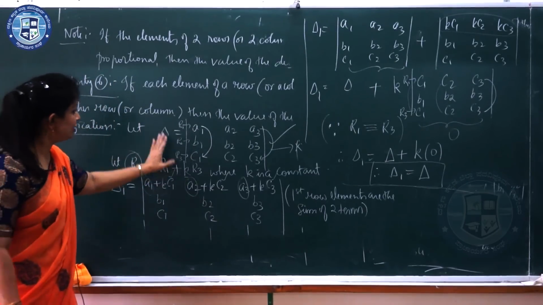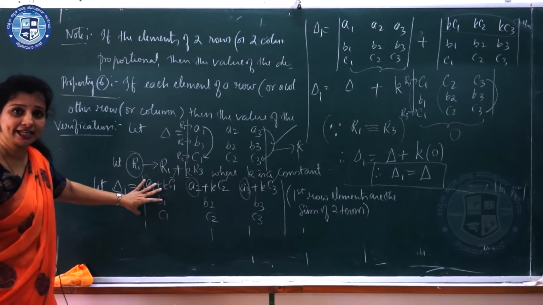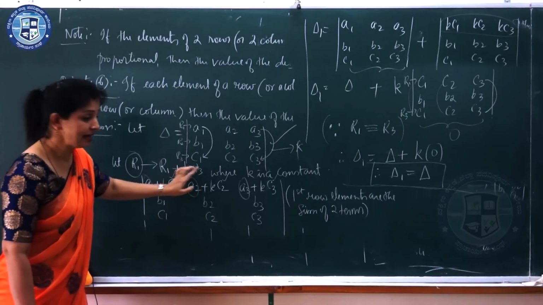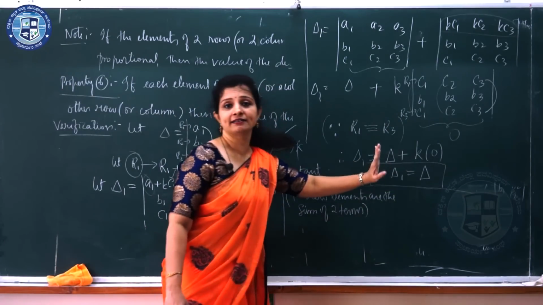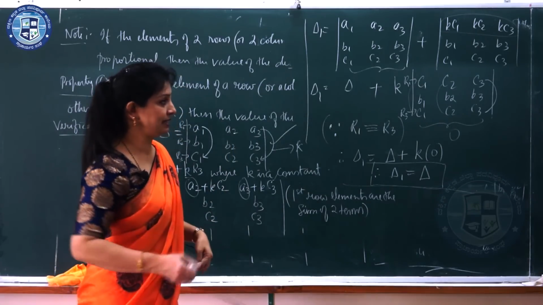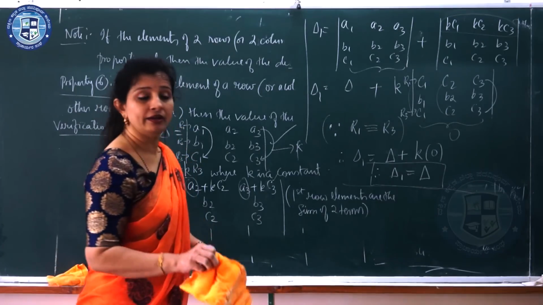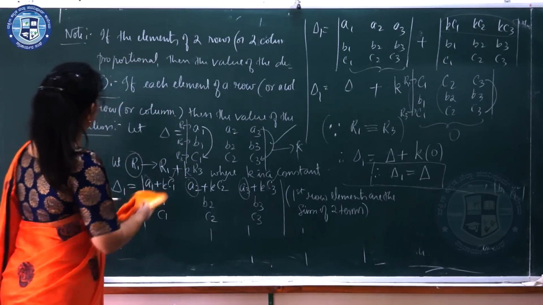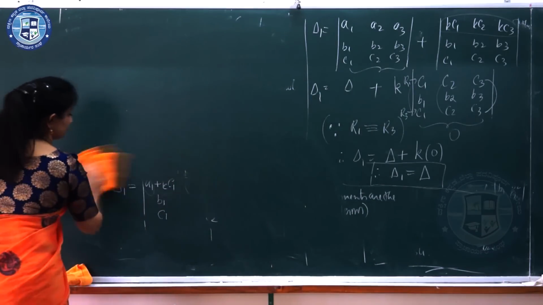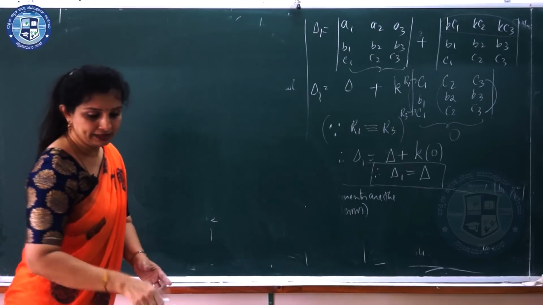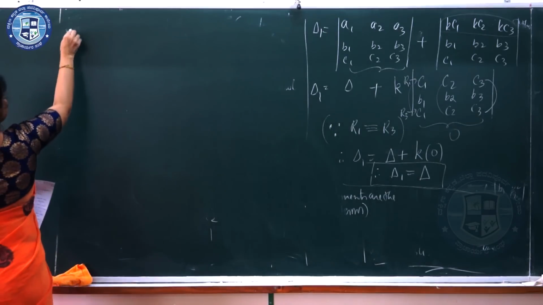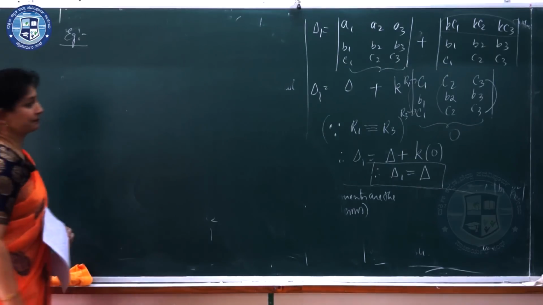Then the value of the determinant delta remains the same. Even if delta 1 is changed in such a way that R1 becomes R1 plus k times R3, then this delta 1 is nothing but delta. The determinant remains the same. This is the sixth property. Similarly, we will have two more notes to take down, very simple ones, and one example. Just take down one example, students, using the sixth property.